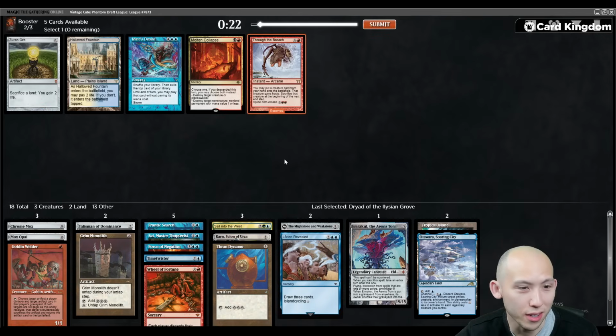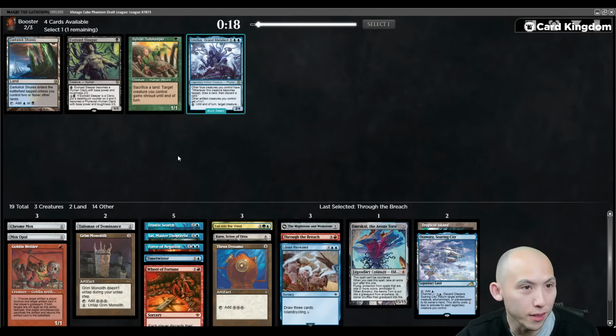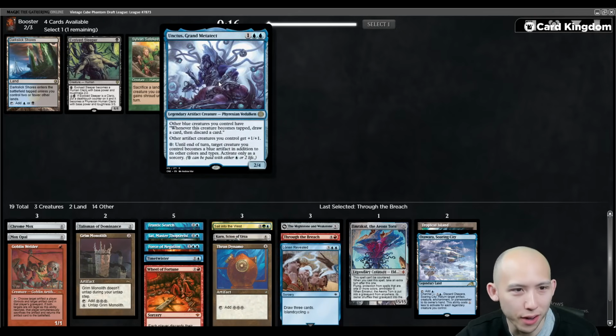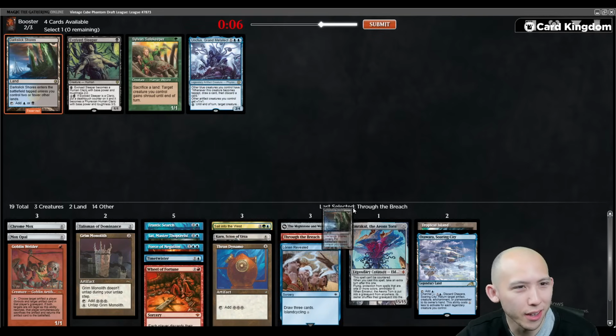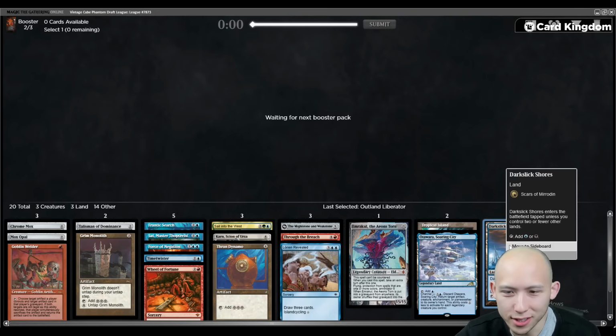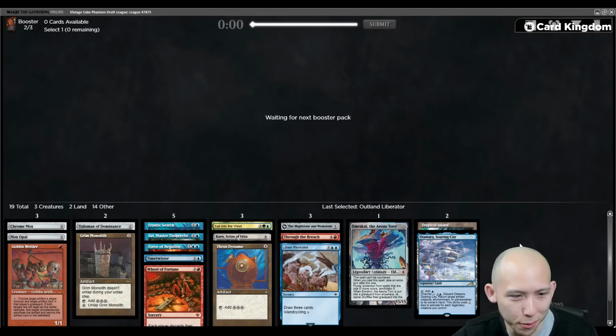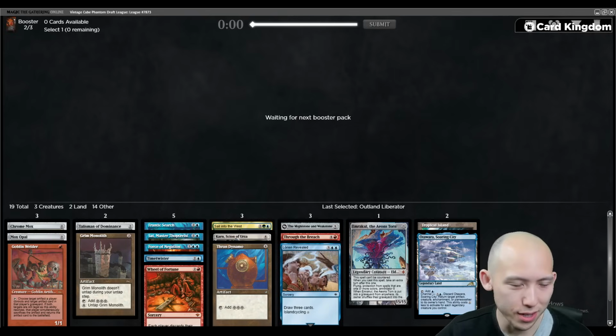Okay, there's the Breach. I called that one. Sure. Dark Slick Shores. This is pretty bad, right? It's actually kind of cute with Sai. You can turn all of the Thopters into blue creatures, but probably just rather take the Dark Slick Shores there. Okay, so my fixing is a little bit weak. I don't know how many red-blue lands I've seen. I think maybe 1 or 2 Triomes. I think I recall like a Ketria Triome or something, but...